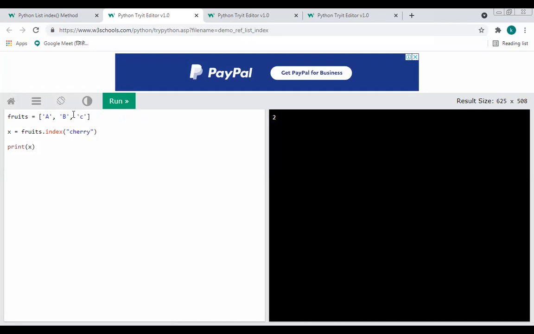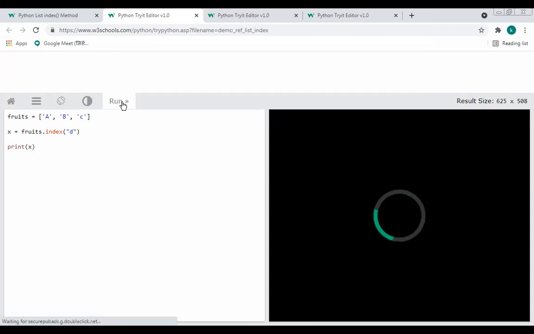So you can notice that. Purposefully, now I will be giving the value D here. I want to access the index number of D, which is not going to be present in the list at all. If I do that, you will be getting an error.